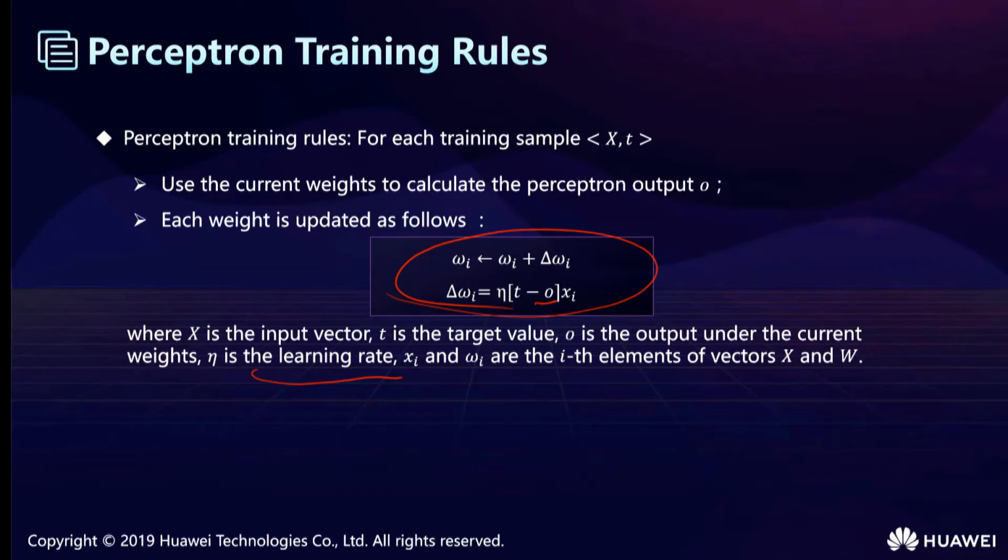After a number of training iterations, the perceptron converges to a classifier that can correctly classify all training samples. When the training samples are not linearly separable, the training may be unable to converge. Therefore, another rule is designed to overcome this deficiency, namely the delta rule, and it uses the gradient descent method to search the hypothesis space of possible weight vectors to find the weight vector that best fits the training